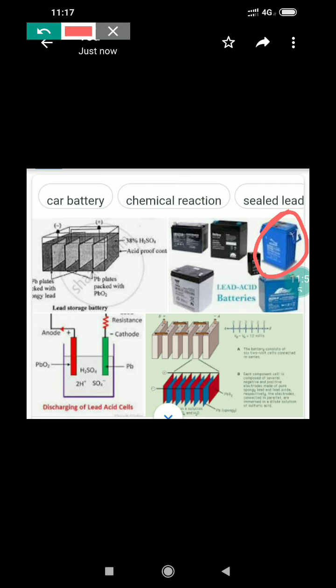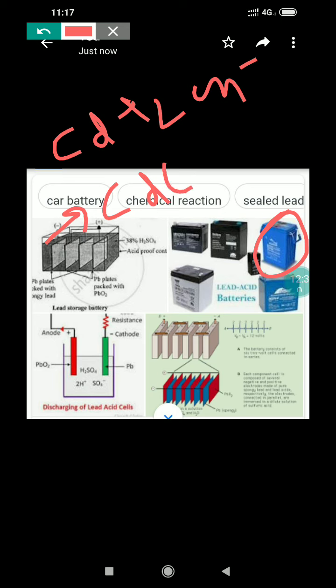In the NiCad storage cell, cadmium metal acts as the anode, and nickel in the 4 oxidation state acts as the cathode. So NiO2 is supported on Ni, and the electrolyte solution is basic in nature. The reaction at the anode is cadmium plus 2OH- because of the basic medium, giving you Cd(OH)2 plus 2 electrons. This is the anodic oxidation.